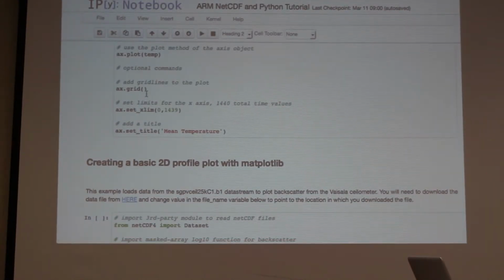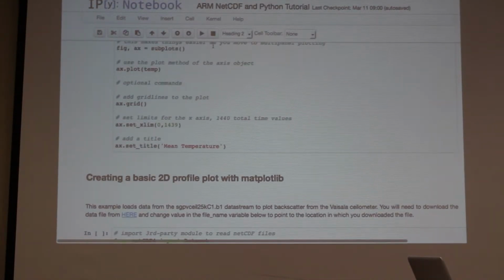So then you want grid lines on your plot. So there's actually something called grid. So ax.grid. If you want to set your x limits, we have 1440 values. Python uses zero-based indexing, so I have 0 to 1439. You want to set a title on your plot. I've just added that, ax.set_title, mean temperature. If we run that,